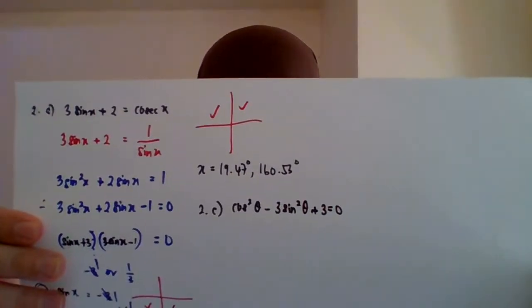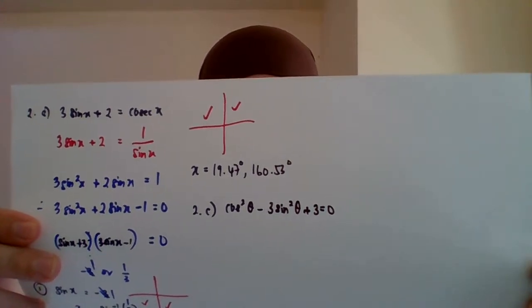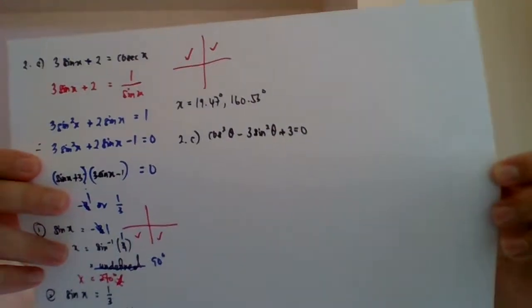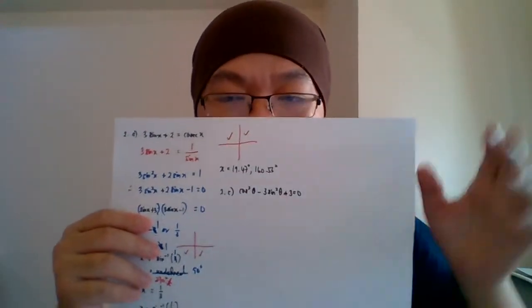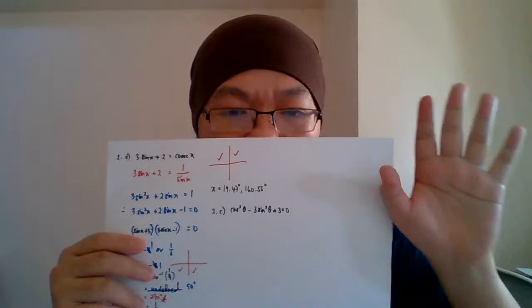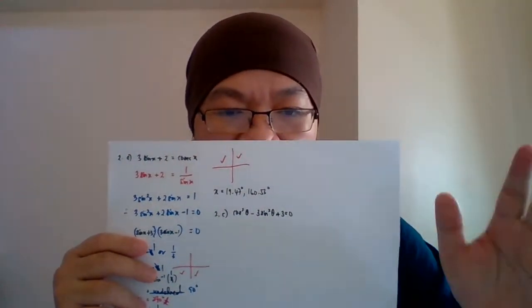Now let's look at 2C. Cos squared theta minus 3 sin squared theta plus 3 equals to 0. Okay guys, this is your soalan here. Cos squared theta minus 3 sin squared theta plus 3 equals to kosong. Alright guys, so if you want to solve the trigonometry equation, kalau anda nak selesaikan masalah